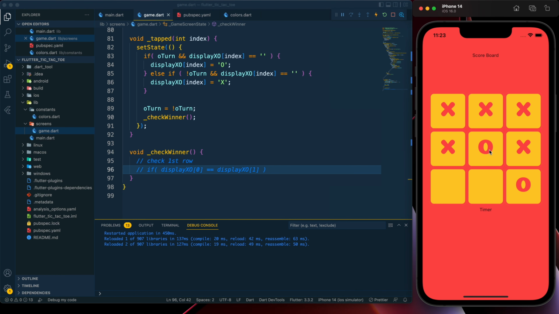So now if I'm clicking on this O, then it is not getting changed. So it is working fine. Now we have checked for these two positions, which is this and this. Now we need to check for this one and this one as well. So it will be and